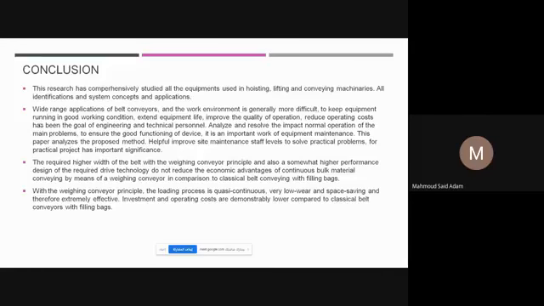Wide range applications of belt conveyors, and the work environment is generally difficult, making it hard to keep equipment running in good working condition. Extending equipment life, improving the quality of operation, and reducing operating cost has been the goal of engineering and technical personnel. Analyze and resolve the main problems that impact normal operation to ensure